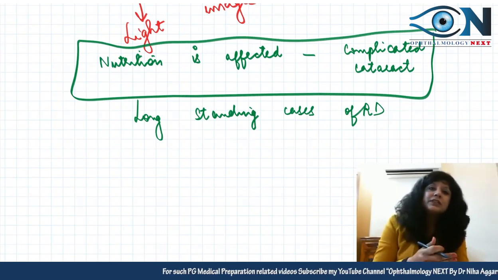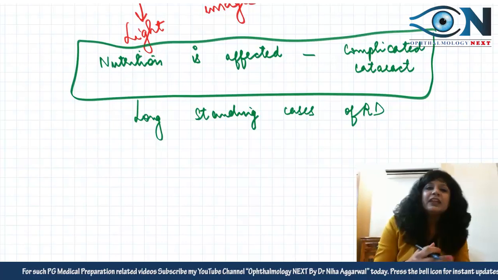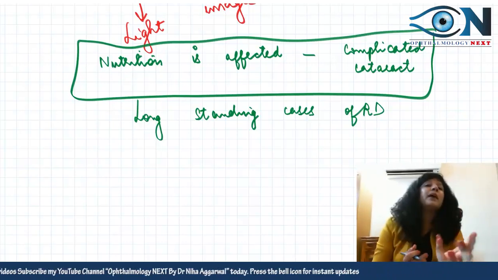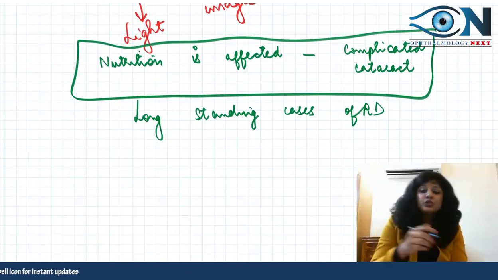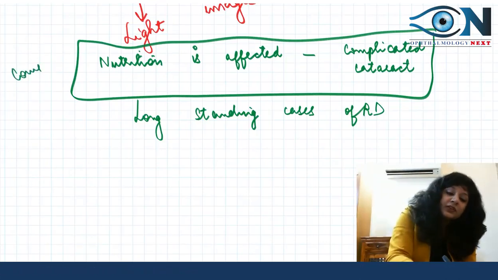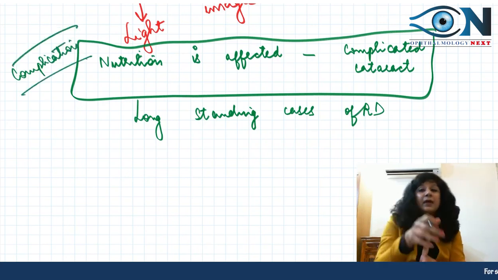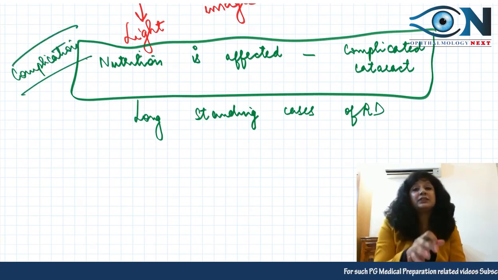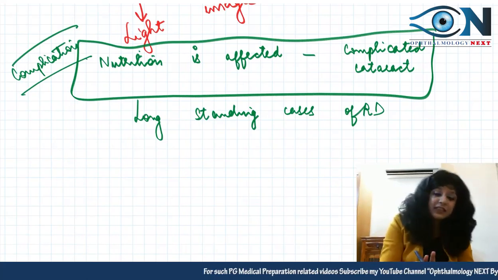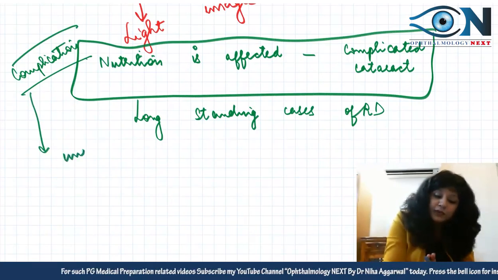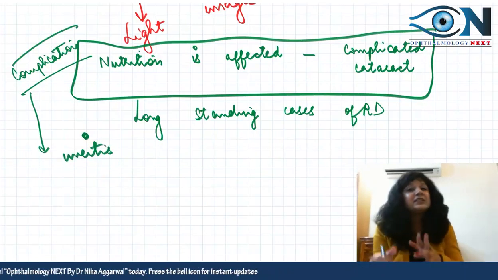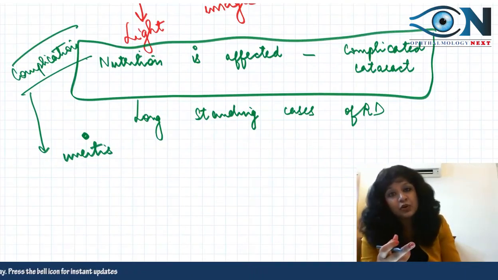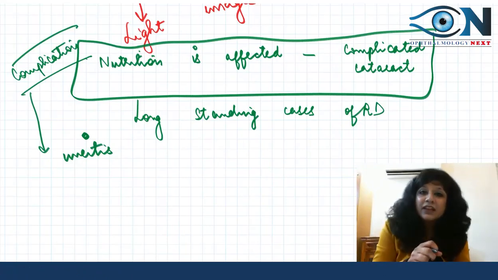So tumors and retinal detachment or any other thing that is causing the compromise to the nutrition, that is actually leading to the complicated cataract. So this is one of the complications. Like you have already seen, phthisis bulbi was one complication. Second is your complicated cataract. Then another complication can be uveitis. Even uveitis can occur, and this uveitis can again lead to secondary glaucoma. So even we can have secondary glaucoma.